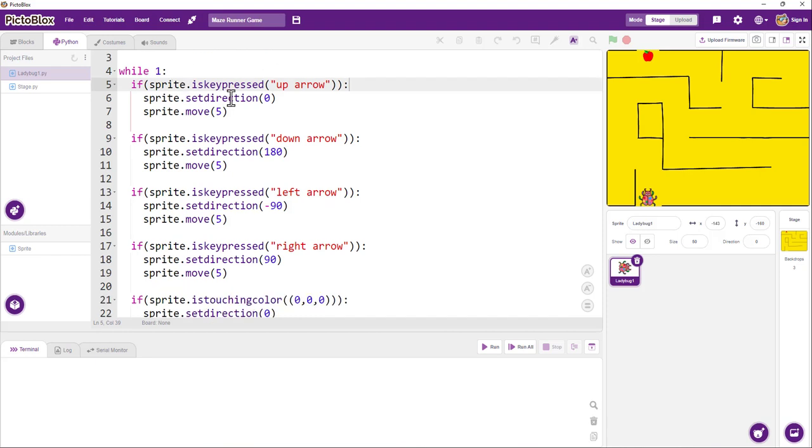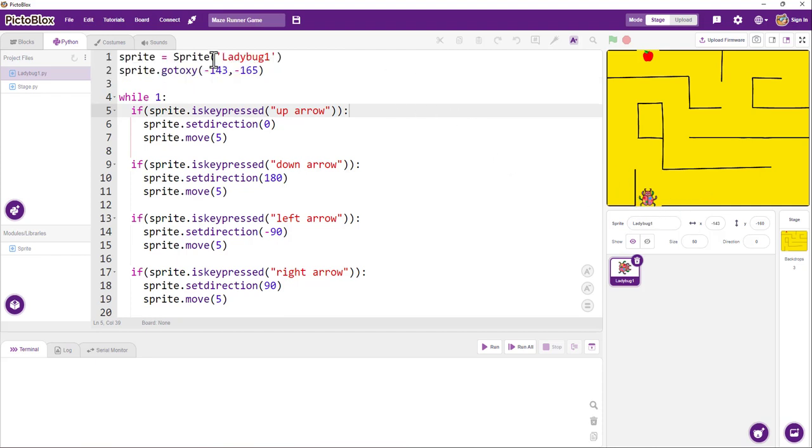It's simply a maze runner game where the sprite will need to run through the maze to get the reward of an apple. So to explain the code of this game,